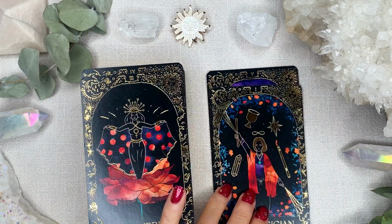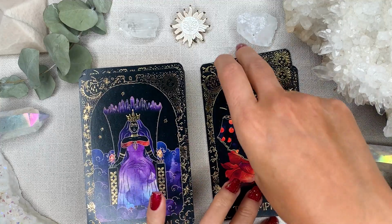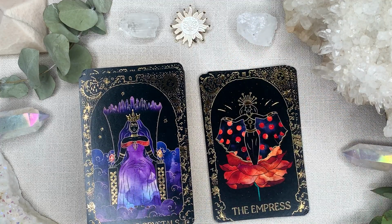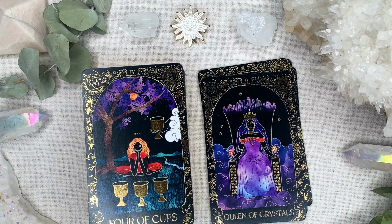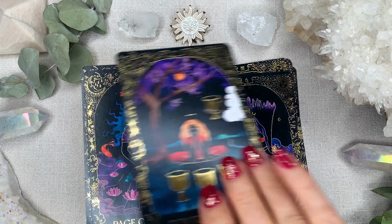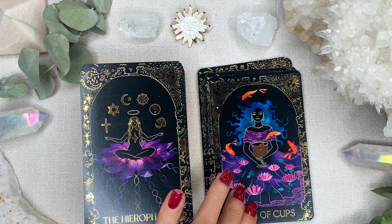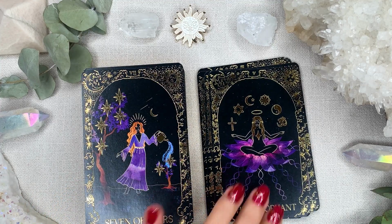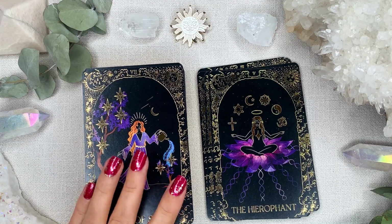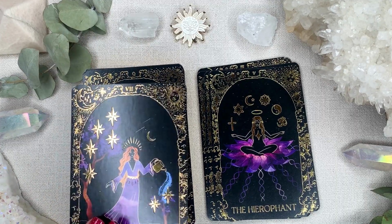I was very excited to get this because I love the artist's other works and items, but I'm going to be completely honest with you. I'm not going to say that I was disappointed, because I wasn't, but I think I just had such high expectations that I couldn't help but be a little bit not as impressed. Like, I love the borders, they're gorgeous. I normally don't like borders, but on this one